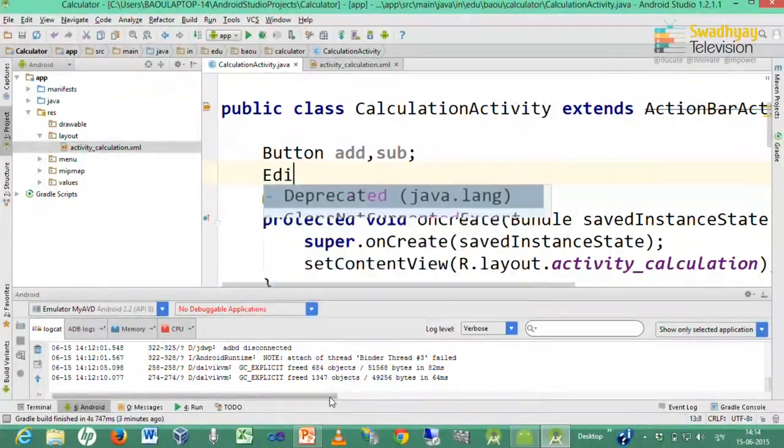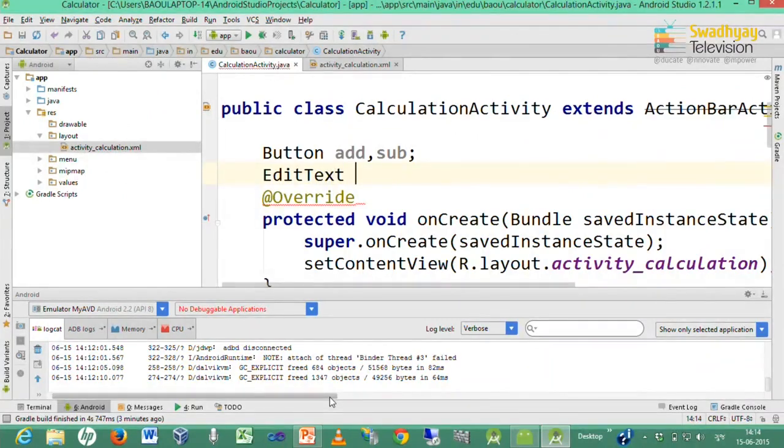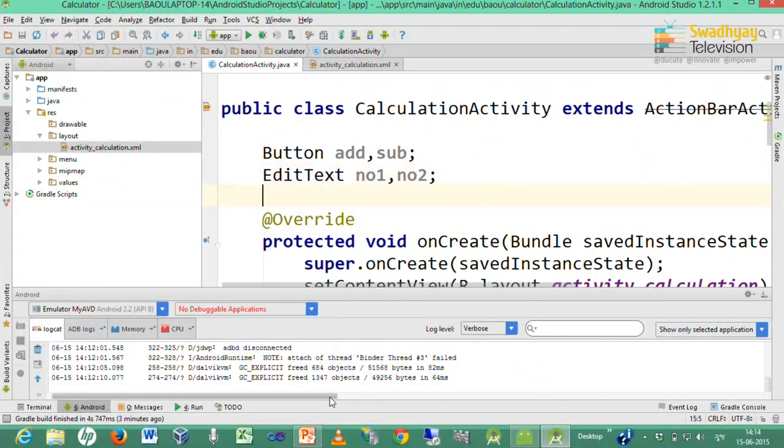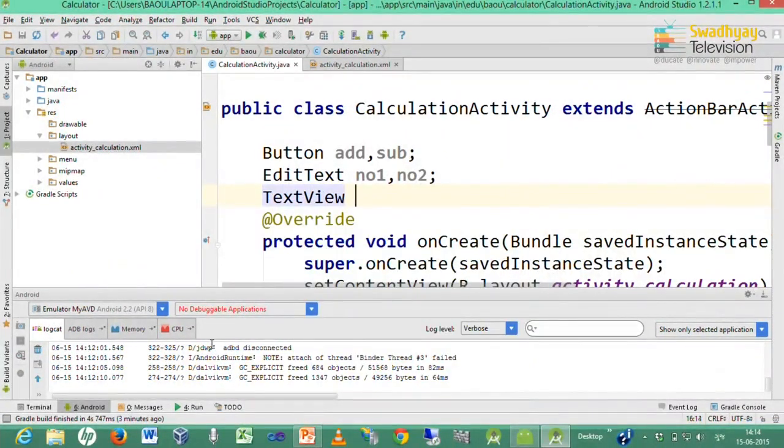Now, we have two edit texts. So, I declare two edit texts with names no1 and no2. These edit texts will refer to our edit texts in the user interface, and I declare one text view that represents our result with name NO3.